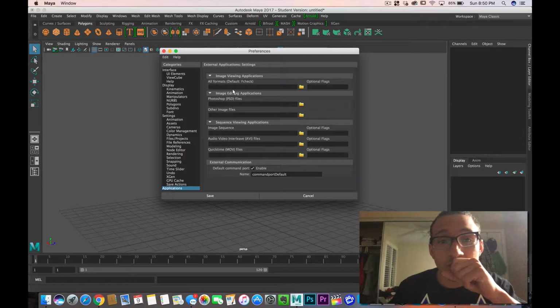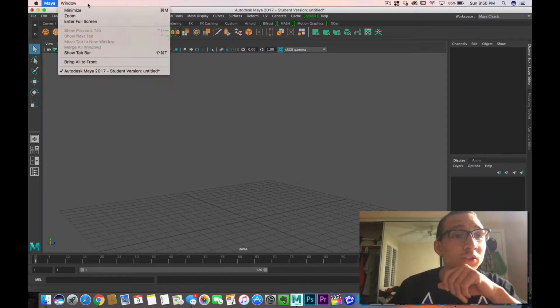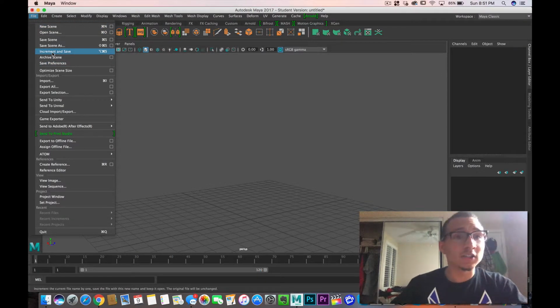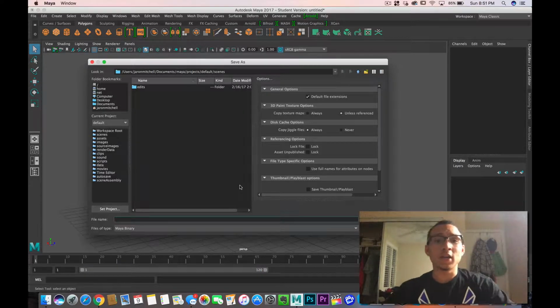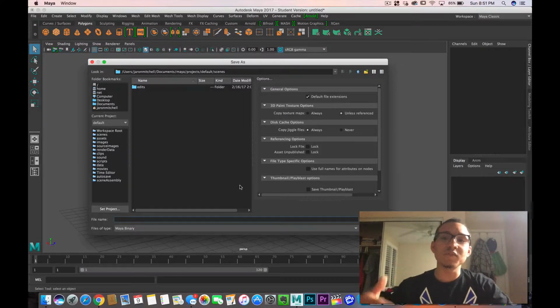Applications, as you can see, you can set everything up. But this is where you want most of your stuff to be set up with Maya. Some of your stuff. But as you can see, you can actually open new scenes. Here's increment saving. Increment saving is pretty cool. What you do is save into a file. And every time, I believe it was saved by itself, or every time you save, say if you save